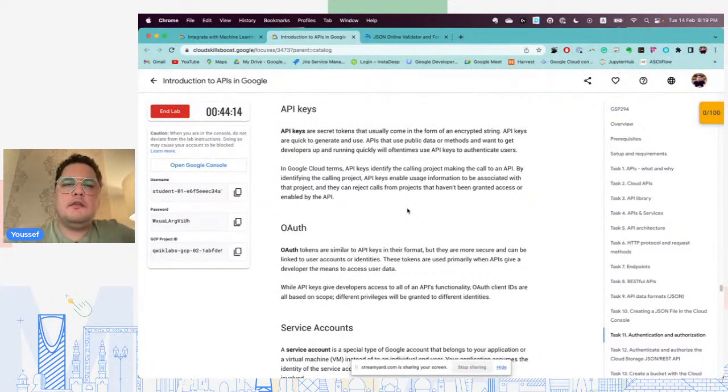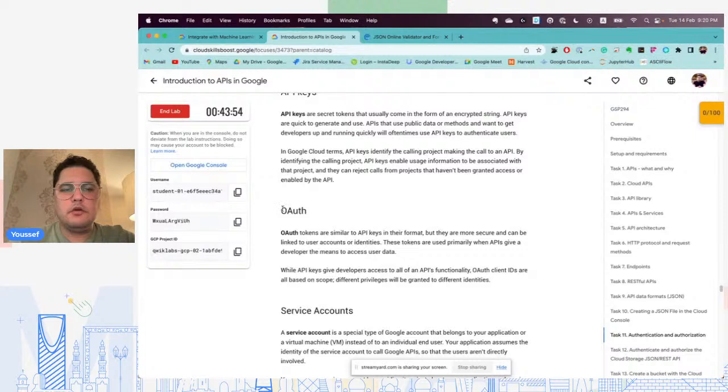So API keys are very quick to generate, and they can actually give access to the full project, for example. You'll be using these when you are prototyping and you want quick access. You don't want to spend too much time on the authorizations. Otherwise, we have OAuth, which is mainly for users. If you want to give access to specific users, you create OAuth tokens, and they are more